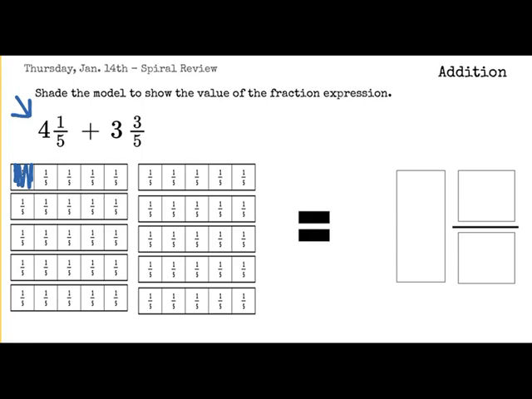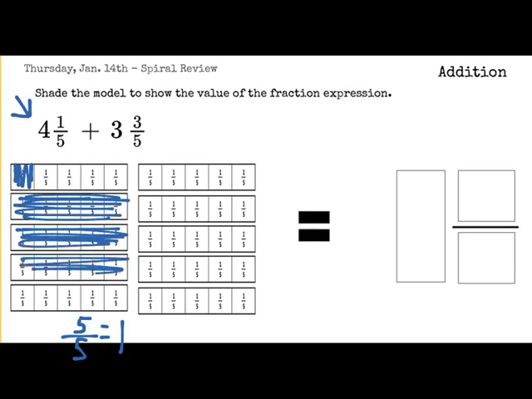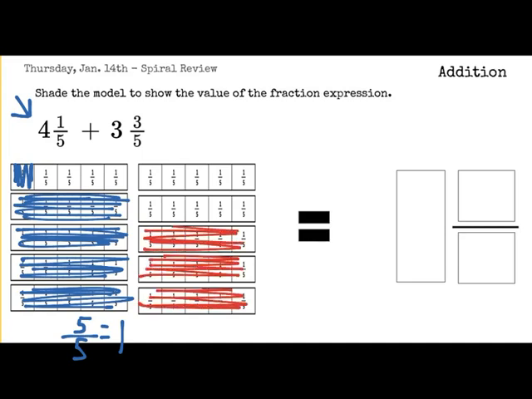Well, if we have 5 over 5, we know that that equals 1 whole, correct? So if I have 4 of those, that means that I would have 1, 2, 3, 4. So I have 4 whole fraction models colored in, and then 1/5 of that last one. Then I have 3, 1, 2, 3, and then I have 3/5